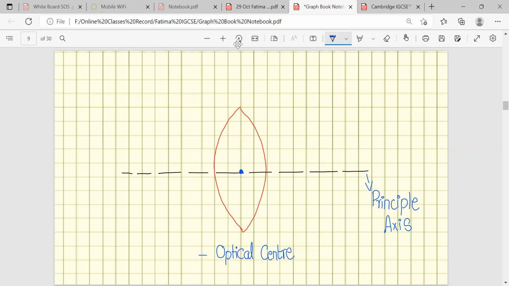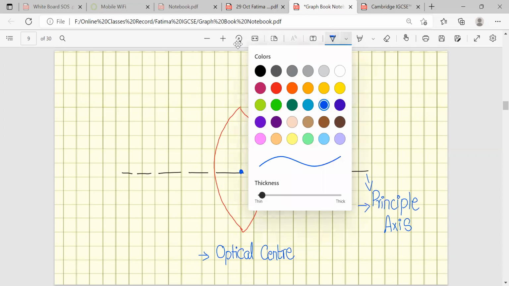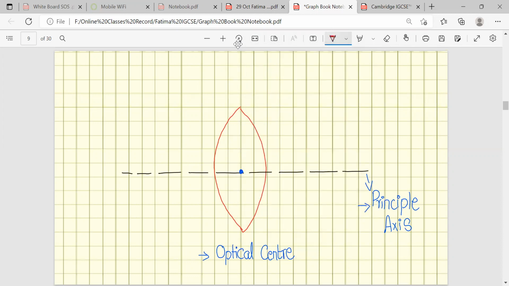So the center of the lens is known as the optical center and the reference line passing through the optical center is known as the principal axis. And if we place an object over here,